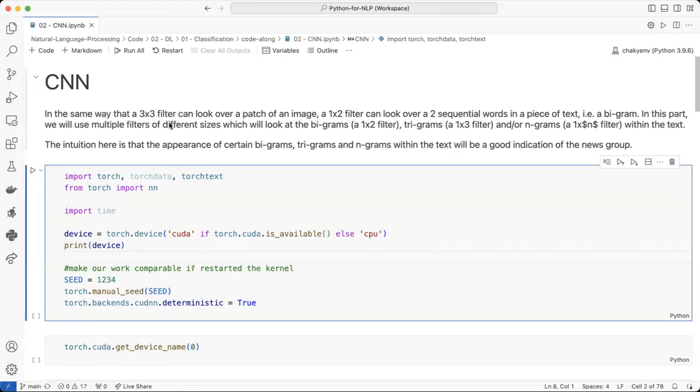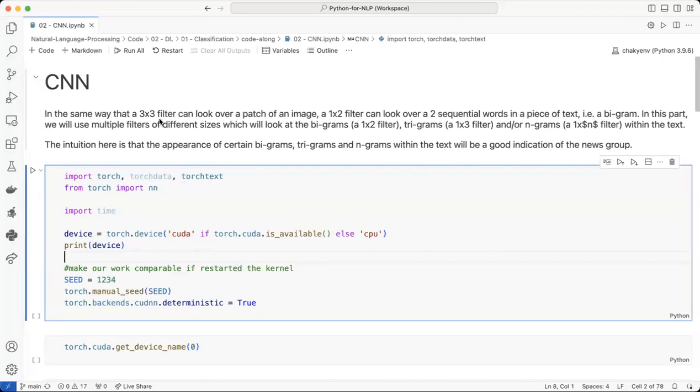You can imagine that an image is something like 48 by 48, and we can move a kernel or filter of 3 by 3 from left to right, and then combine all the resulting features